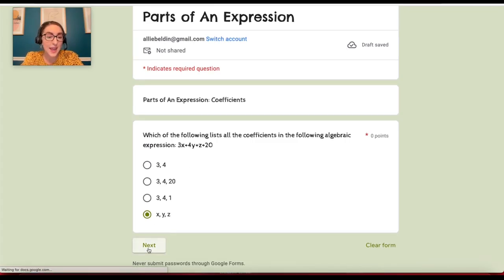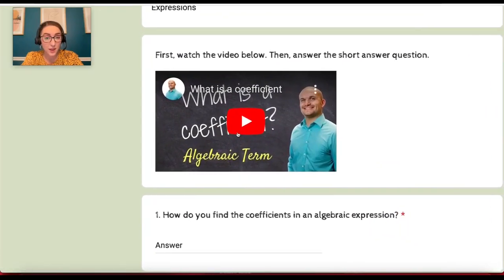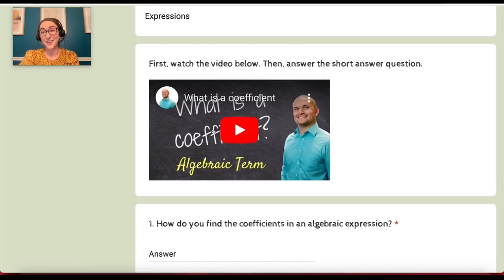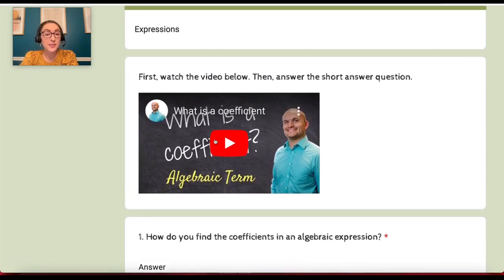So when I click next, this Google form is going to take them to a video that was chosen by the teacher for them to review. Maybe a different instructor explaining parts of an expression in a different way than the teacher would, because they didn't get it the first time yesterday. So maybe providing someone else explaining it, or providing a teacher made video that shows additional examples